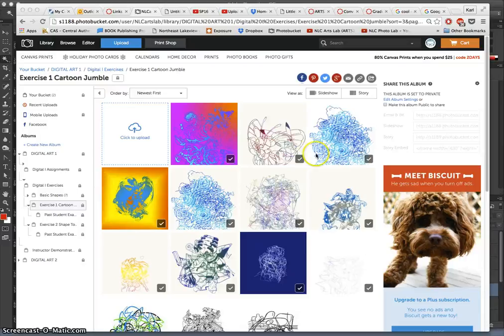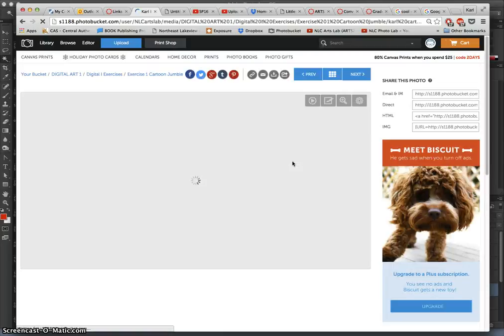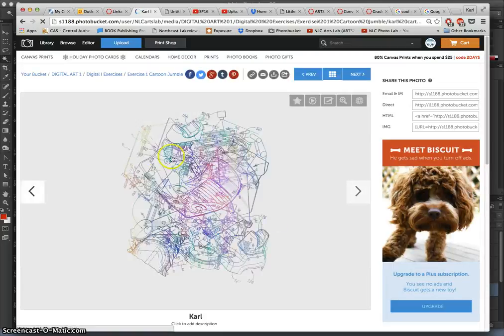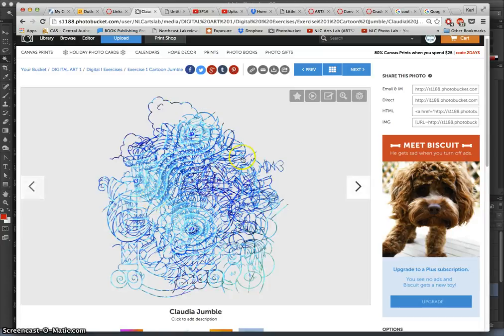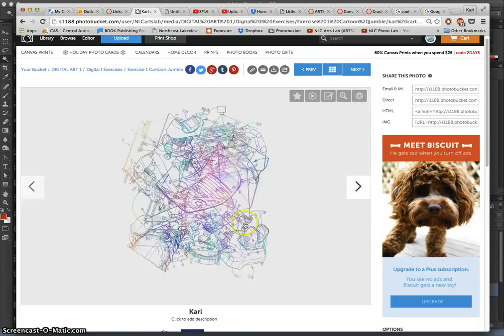All right, so now we have successfully uploaded our first graded exercise, pass-fail. To meet all the requirements, the line work should be colored, so you can see it's colored here. And it's also nice when it's a PNG and it has a transparent background, which you can see in these examples. And a nice way to see that is when we view it in the slideshow,